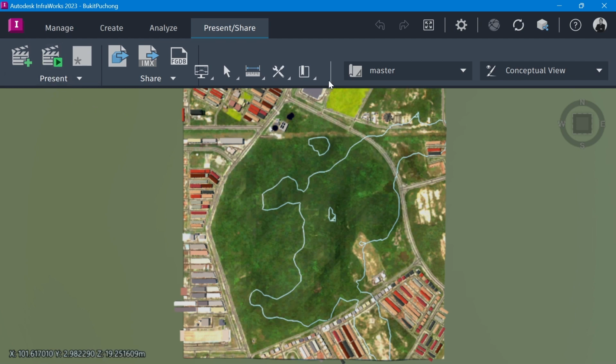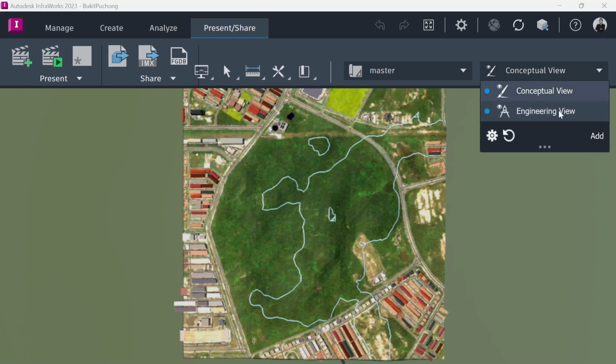Okay, and then here I purposely set up the resolution of my screen for this video, so then it's supposed to show these icons. These icons are located on the right top of your window. Currently we have a conceptual view, and you can also select engineering view.